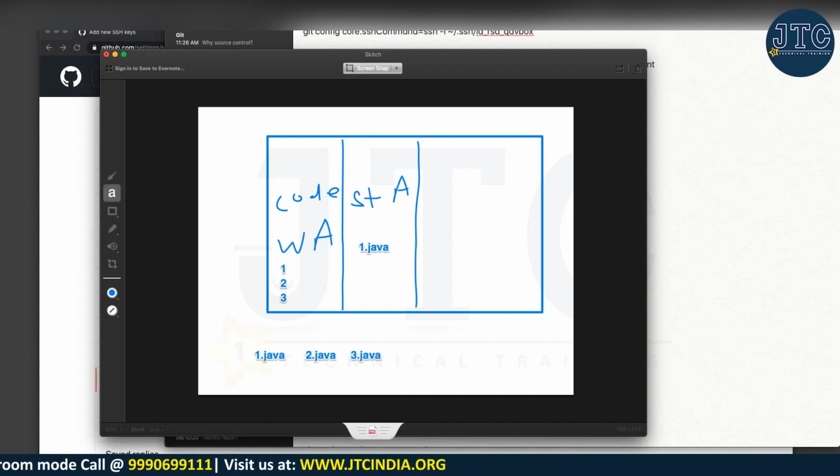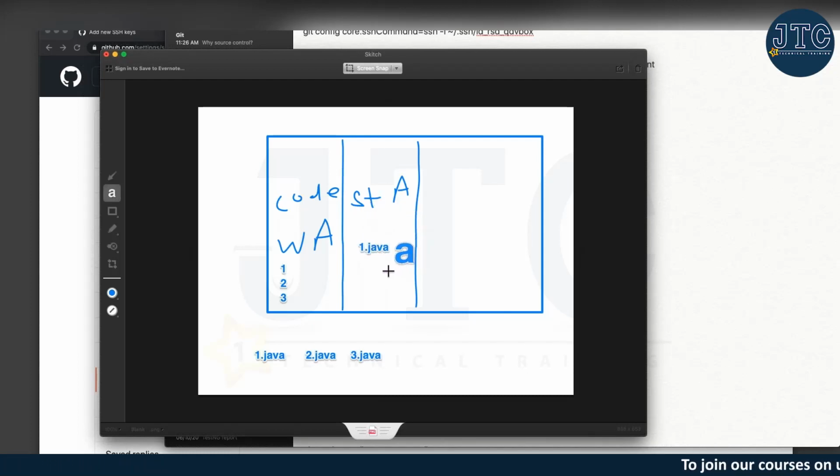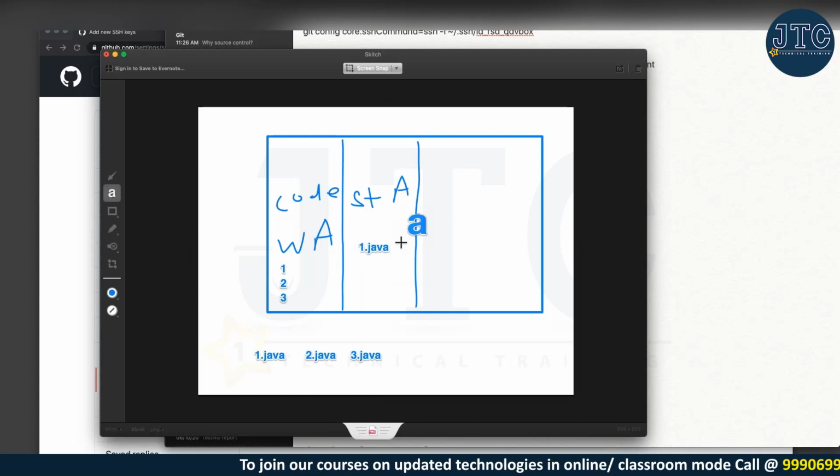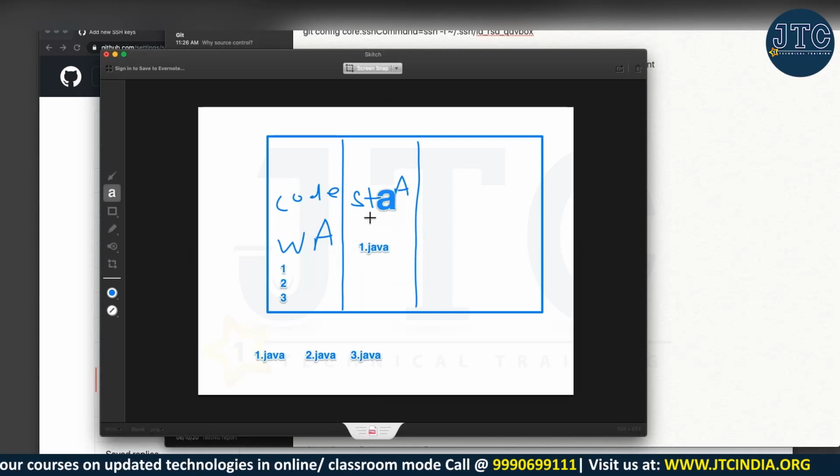So that's where those 9 files which you want to give me come to the staging area. Git will understand that you want to push only those particular files, not the other files. That is the simple thing. It's very simple actually. The files that you want to push to the central repository or to GitHub, keep them in the staging area. As simple as that.